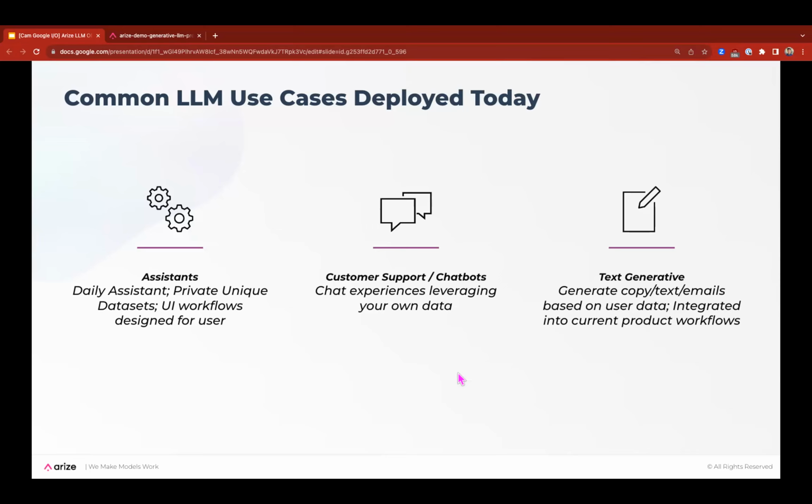The one we're probably more familiar with is the application of chatbots. You go to a website and ask why your internet is out, or why your phone isn't working. This is the use case I'm going to start focusing on as we go through this presentation, but just know there are other use cases of LLMs out there. The last one is generative. Type something into Adobe, like make this picture, get rid of the red eye and the people in the background. That's a more generative use case.